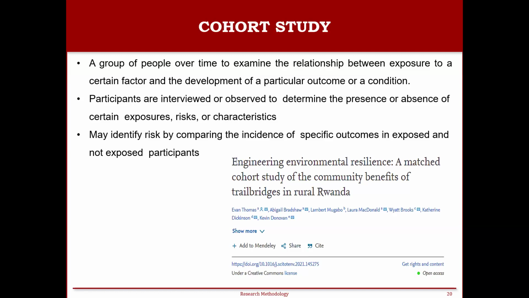Since this goes over a very long period of time, tracking the participants will also be a little bit difficult, right? A good design should be there, because the design helps the researchers observe how exposure and characteristics affect the development of the outcome over time. That will help researchers understand the cause and effect relationship, because they are continuing the study for a long period of time.